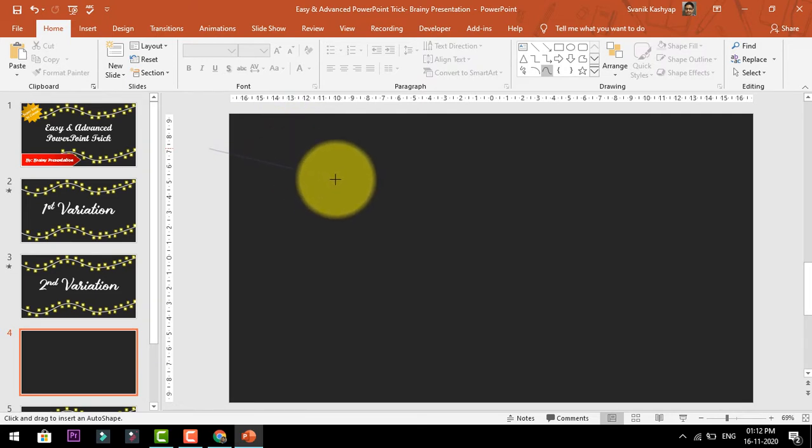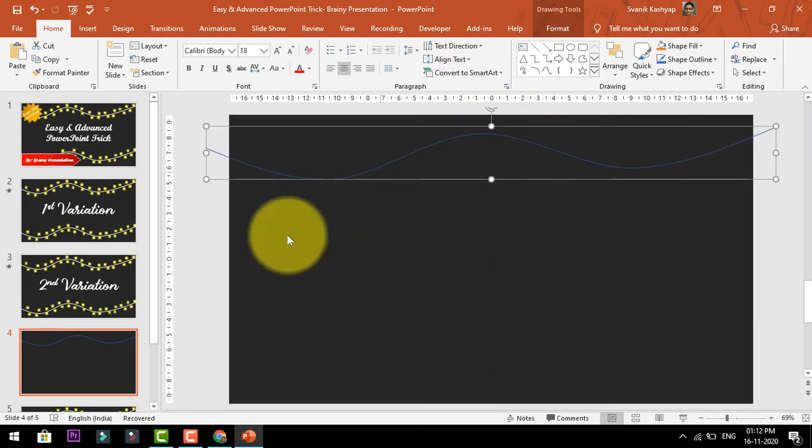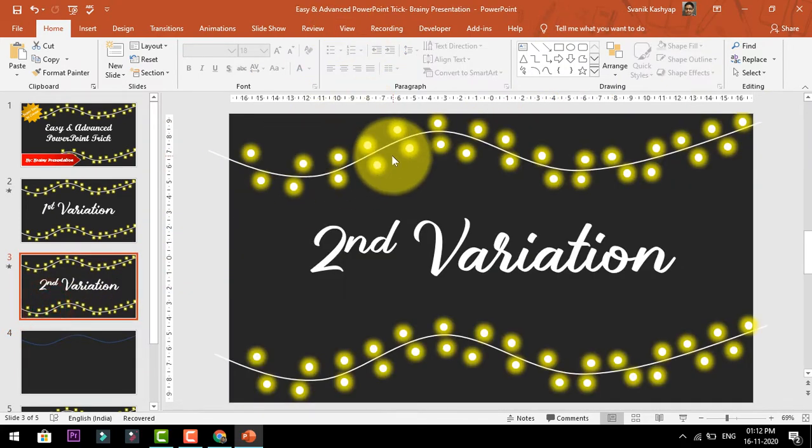Now when I move forward, you can see a very beautiful curve is forming, and whichever appropriate position you have reached, just click once more, then continue the process. Once you have finished, just press Enter, and your curve, or the wire of the lights or the bulbs, whatever you say, is formed.